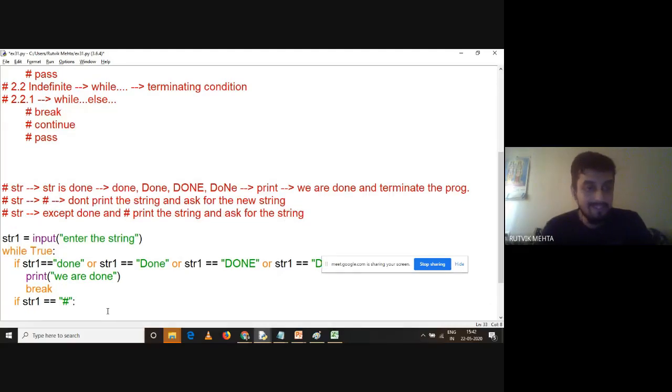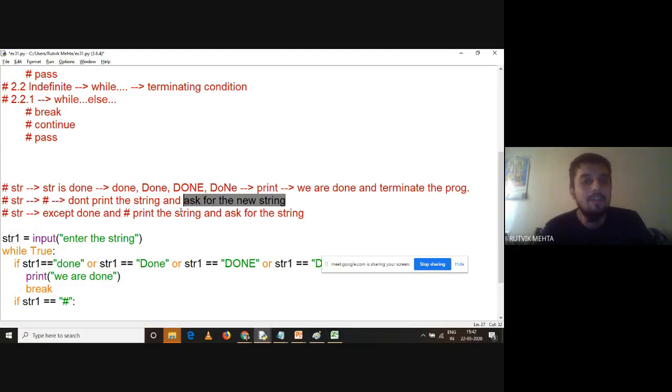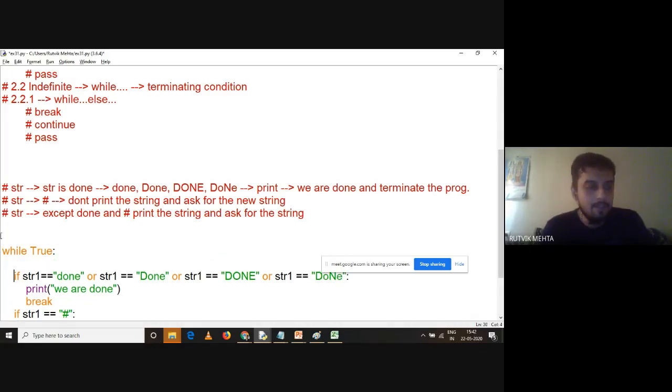Understand this. As Harshal said, what we have done here is we have taken our input outside the loop. When it is outside the loop, it is going to get executed only one time, right? And here, we want our input repeated times, right? So it's very simple. I just take it from this particular location and keep it in the loop, right? When it is in the loop, it is going to get executed infinite times, right?